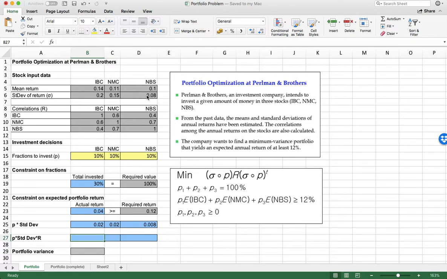First, I am going to use MMULT with the first matrix and the second matrix. Here in B27, I typed MMULT, and my first array, which I already computed, and my second array is the matrix above,